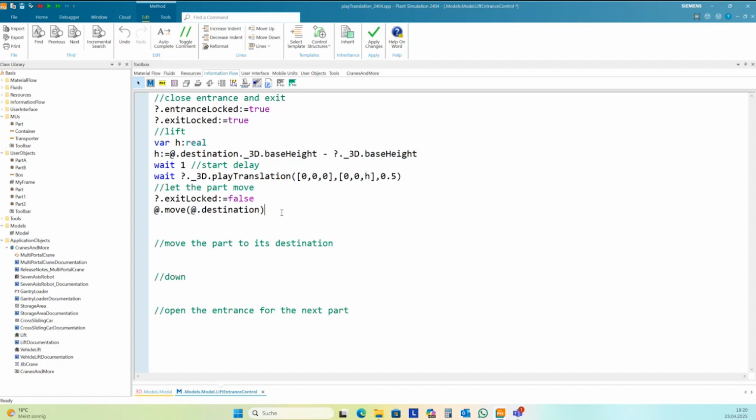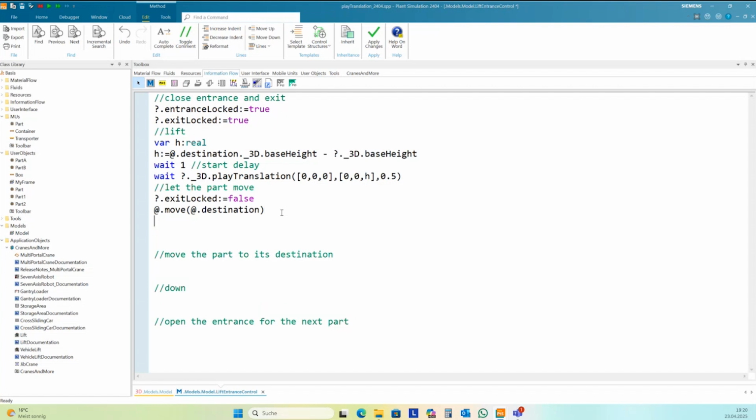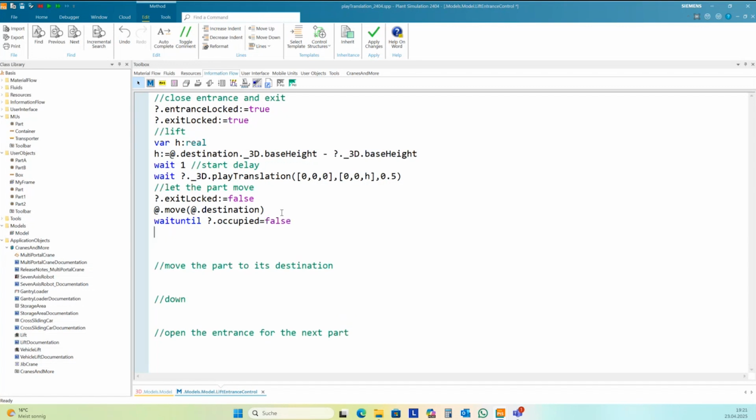So we don't need connectors here. Then we need to wait until the MU has left the lift completely. Maybe you can take another start delay for the next step. The same maybe you need for before and move.